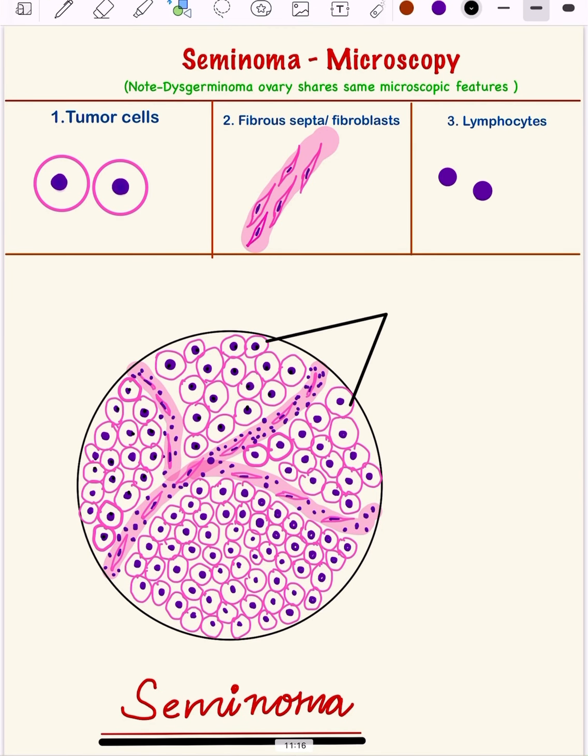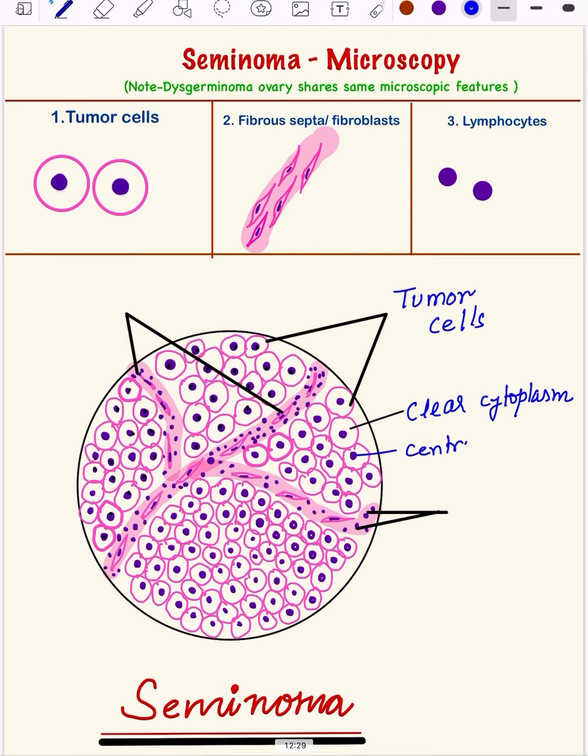and the last part is labeling. So we label the tumor cells, we label the fibrous septa and the lymphocytes. So these are the tumor cells, or the seminoma cells you can also write, or if you are drawing dysgerminoma, you can write dysgerminoma cells. Then you can label the clear cytoplasm, the central nucleus, the fibrous septa, and lastly the lymphocytes. So this is the diagram of seminoma testis,